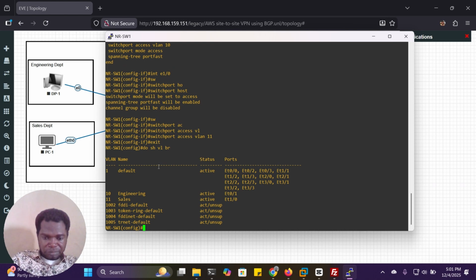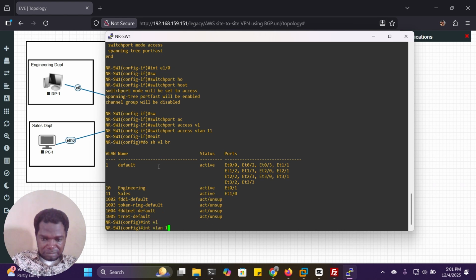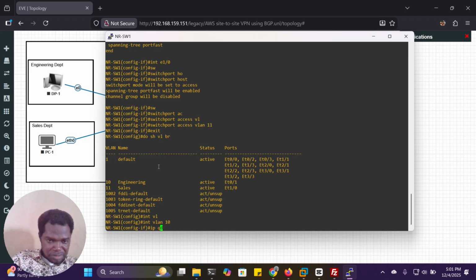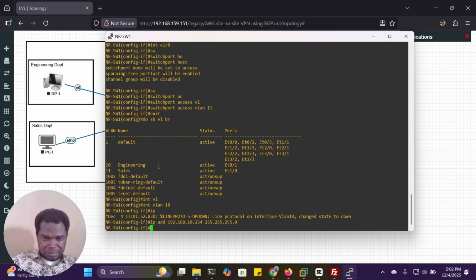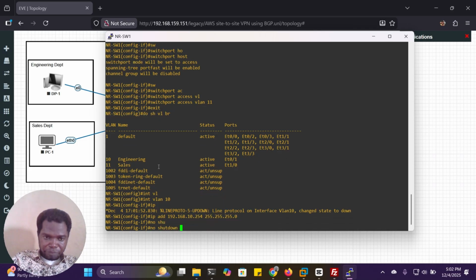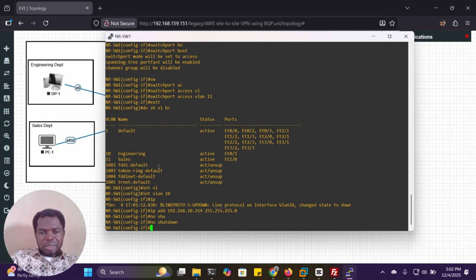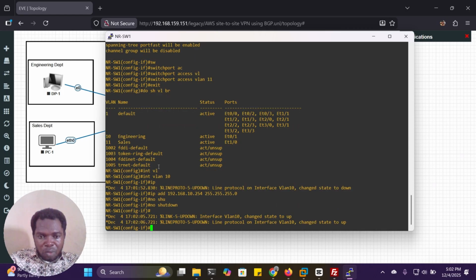So now interface VLAN 10, give it the IP address of 192.168.10.254, 255.255.255.0. So we are assuming we are making provision for 253 people to be in engineering. That is the meaning. That is why I created slash 24.